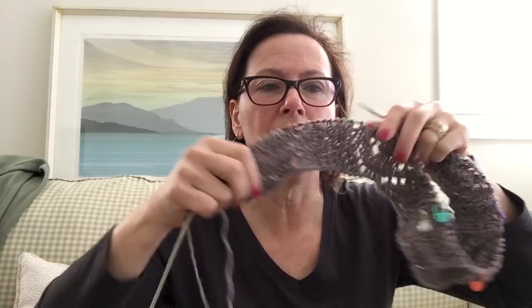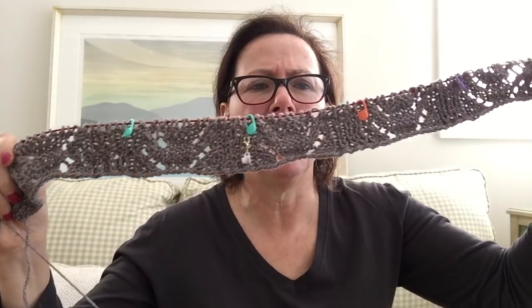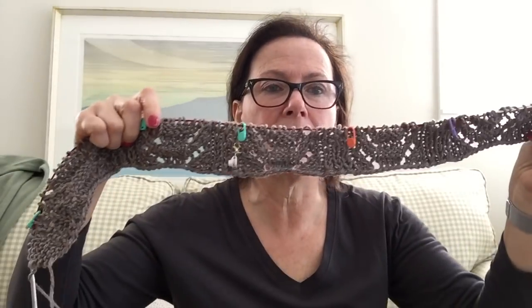This is really pretty. I forgot who else did it, but I do like it, and it goes to like 64 inches, as tall as I am, and you fringe it, and it's just a big, comfy wrap. So I'm gonna see this one through. This is fun. It's also, don't forget, I'm chart challenged. This whole thing is charted, and it's helpful. I'm learning how to read charts. Anyway, we'll see how it comes out. I have no idea, but it should be nice. It should be pretty. Speaking of charts,